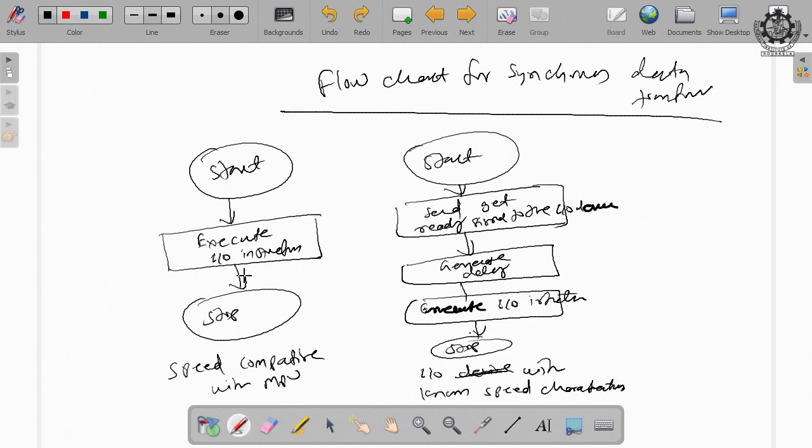And whenever the speed does not match, we can take the help of these signals: send get ready signal to the IO device, generate delay, generate IO instructions, then stop. So, both come under the synchronous data transfer.